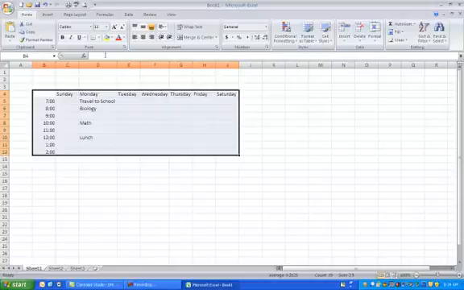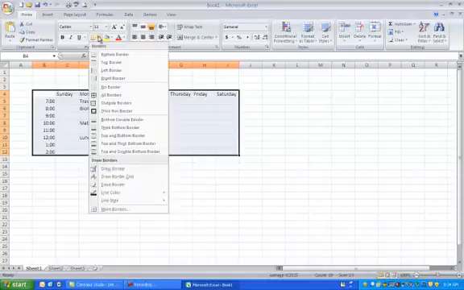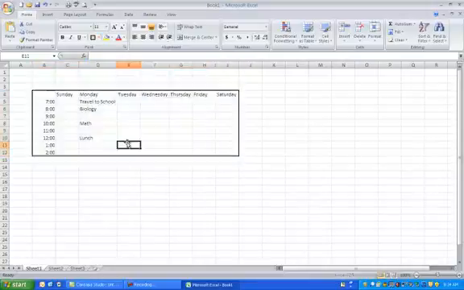Now, we can put borders around that highlighted area. This is the Borders pull-down menu from the Home tab. You can see you have a lot of options. Why don't we put a thick box border around our entire schedule, like that. Okay? We can further